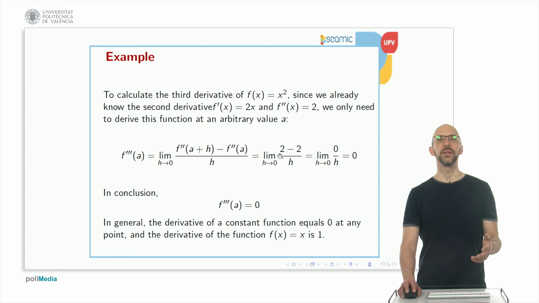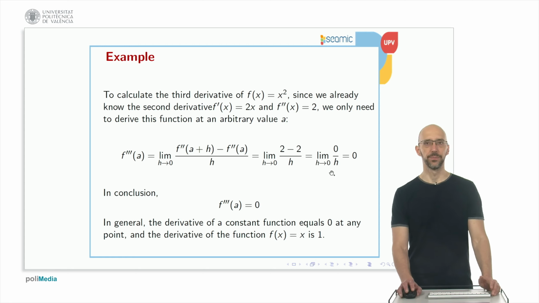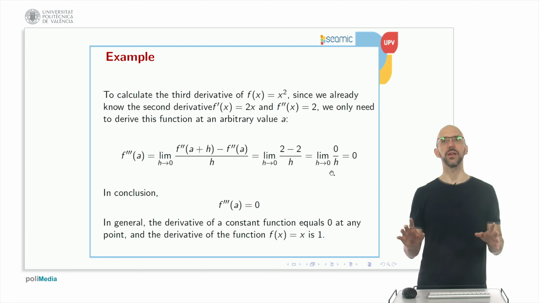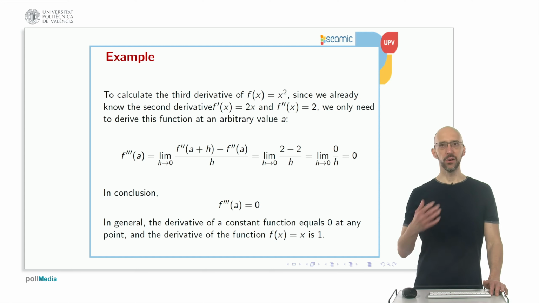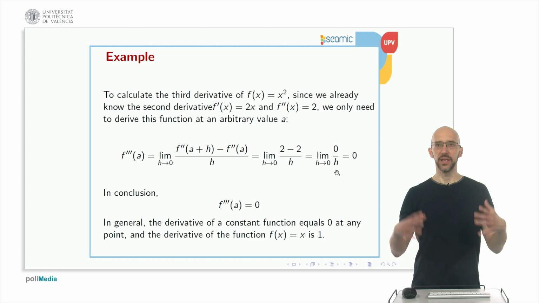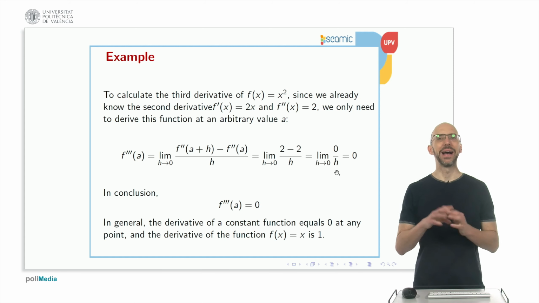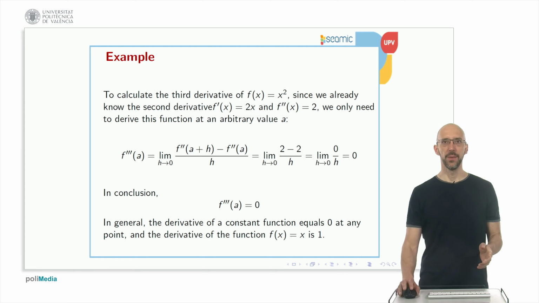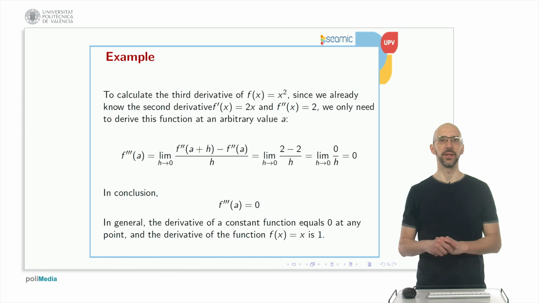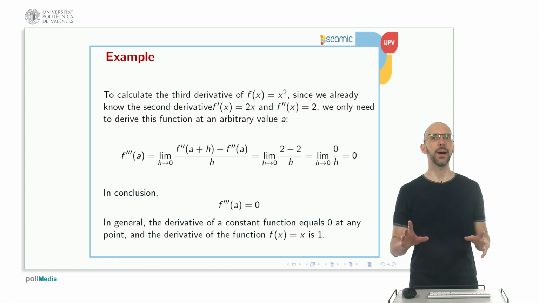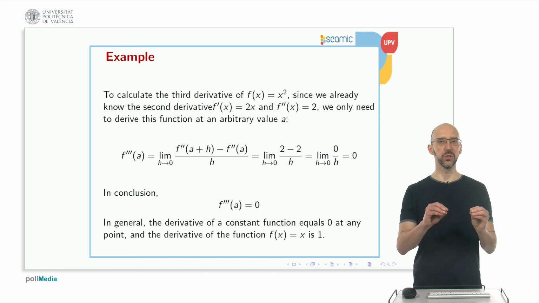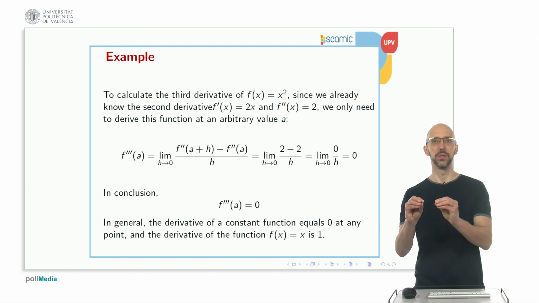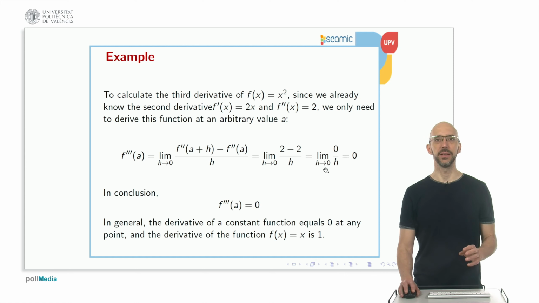So what is this limit? This limit is 0 over h. And okay, let's just stop here 1 second. Normally my students answer me that this is 0 over 0. And that's true, okay? When h tends to 0, 0 over 0 is an indetermination, so we don't know what is the value of the limit. But when this happens, when you substitute h by the value you are tending to, like in this case 0,